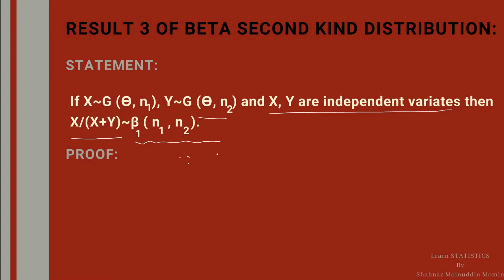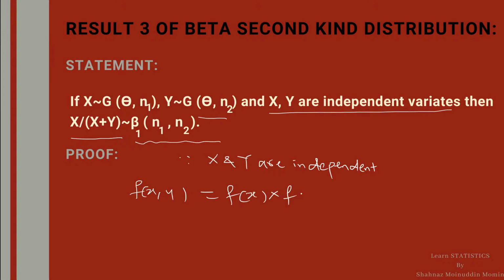Since X and Y are independent, the joint PDF of X, Y is given by f(x,y) equal to f(x) multiplied by f(y), where f(x) and f(y) are the PDFs of gamma(theta, n1) and gamma(theta, n2) respectively. By substituting the values of the PDFs, we get theta raised to n1 over gamma n1, e raised to minus theta x, x raised to n1 minus 1,